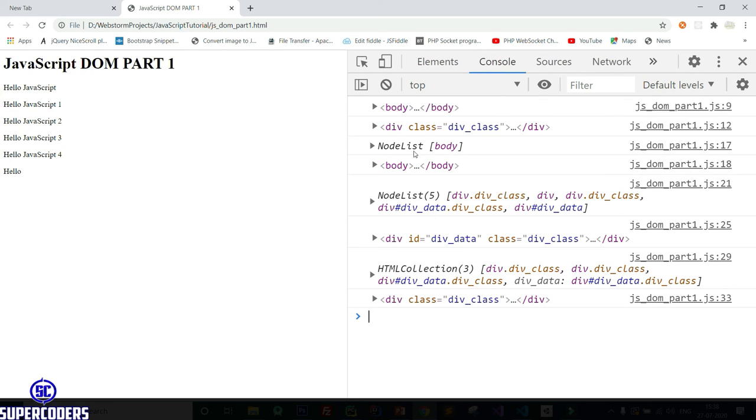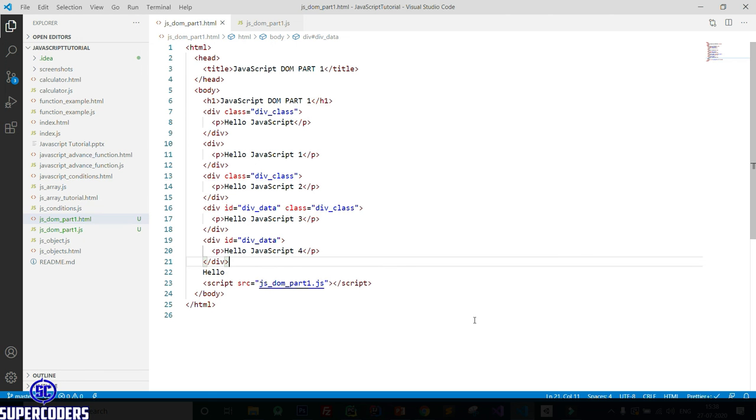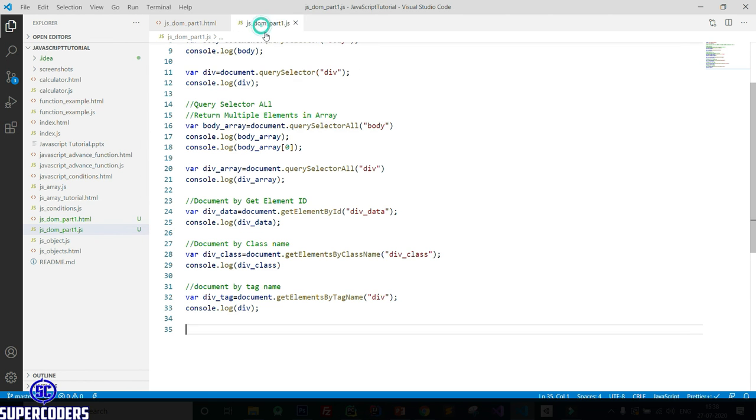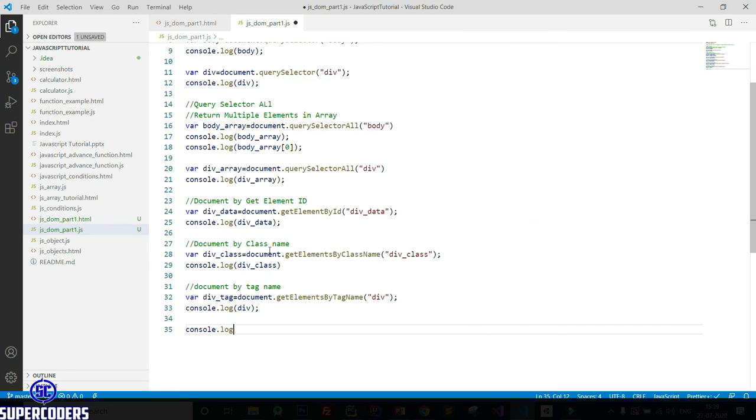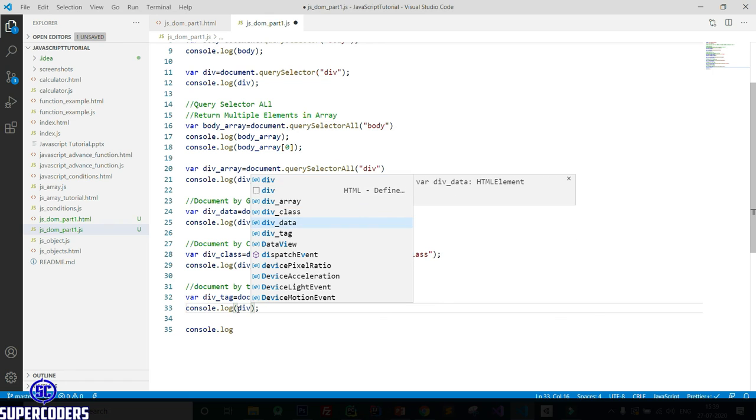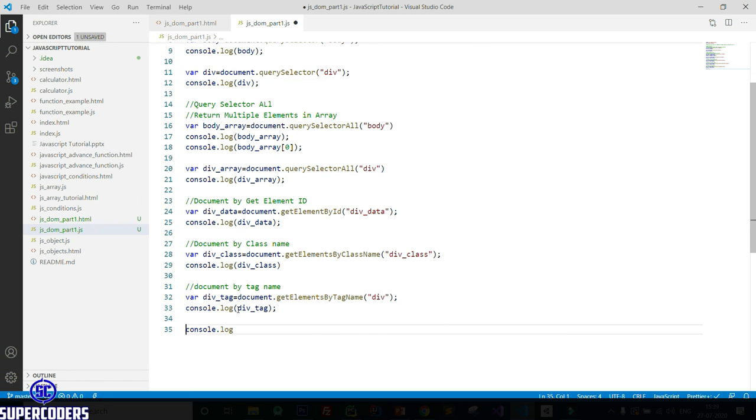Also here you can see if I run console dot log, okay here I div tag.